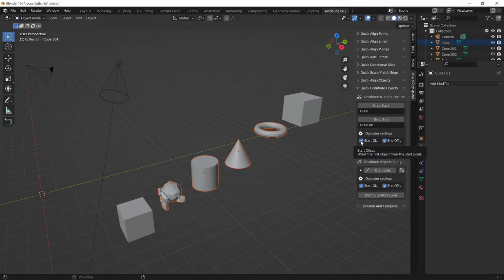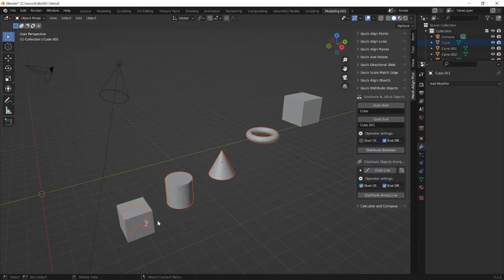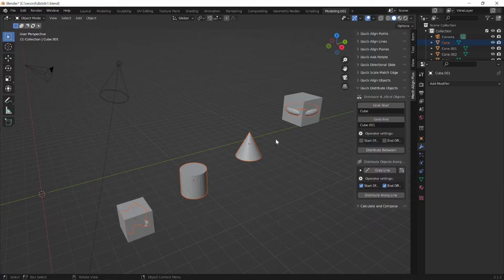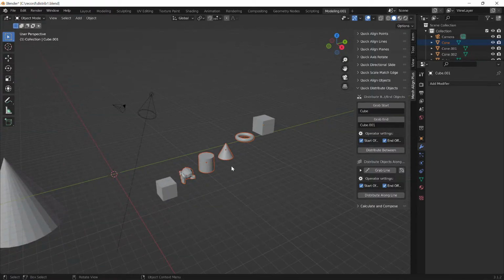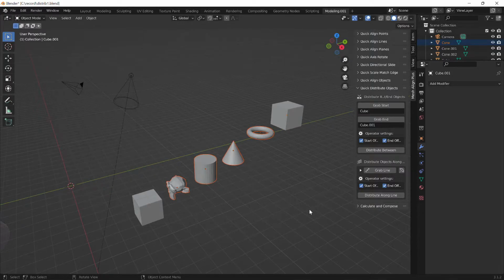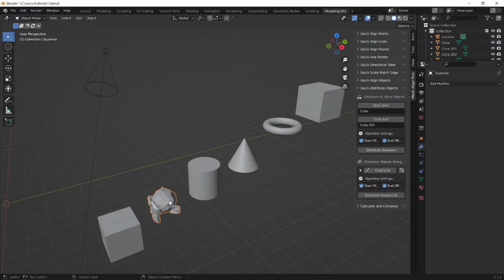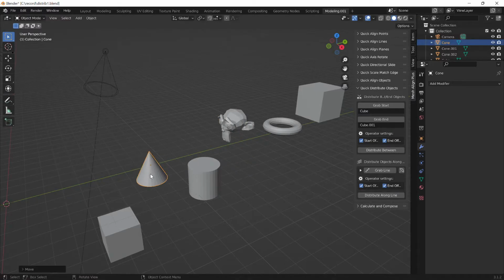If I uncheck this start offset, it will not offset from the start, and if I uncheck this end offset, it will not offset from the end. So if I check both of those again, you can see it'll offset from the start point and offset from the end point. So that's distribute between objects, and one thing to note is if you kind of swap things around like so, it